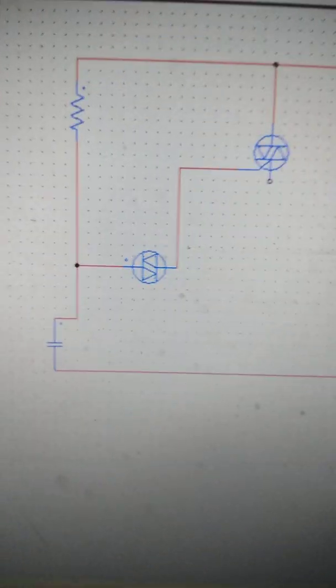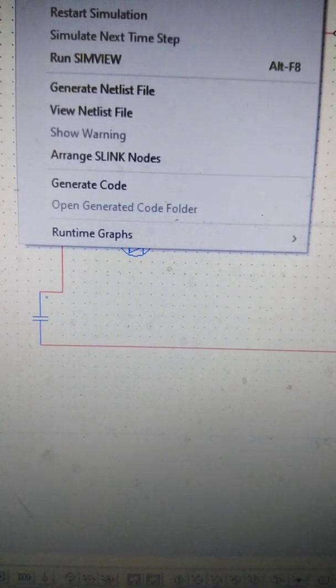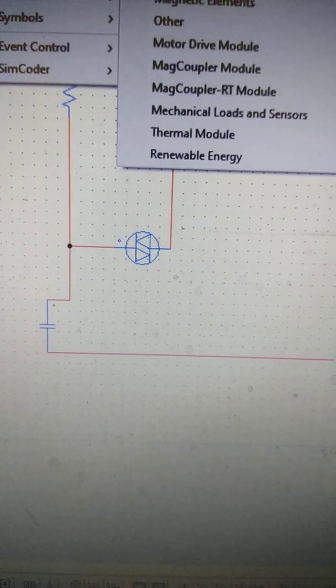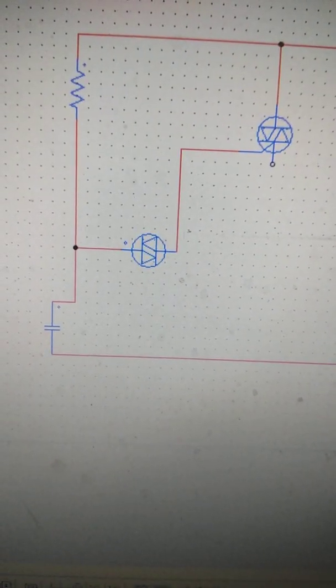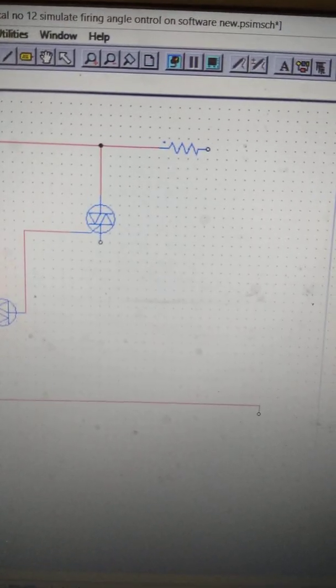Gate is connected to the terminal of a diode. Here we can use a resistor as load, or you can also refer a lamp as load.